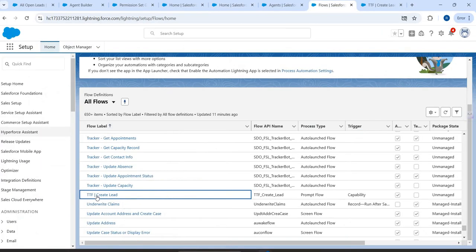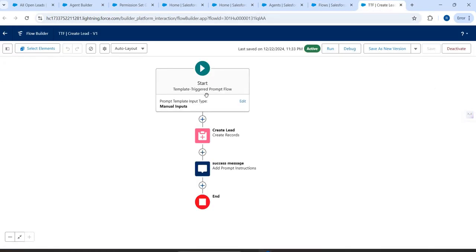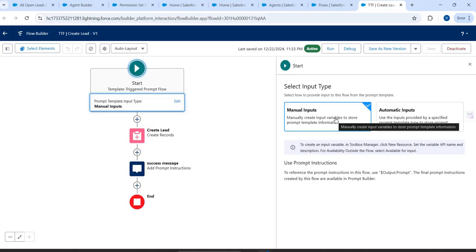So I go to flow. There is a flow that we have already created, and the type of the flow is template triggered flow. I can use either an autolaunched flow or a template triggered flow, and it's a very, very simple flow. This is the template triggered flow, and you can go with manual inputs. You don't have to go with automatic inputs. Choose manual inputs, and then